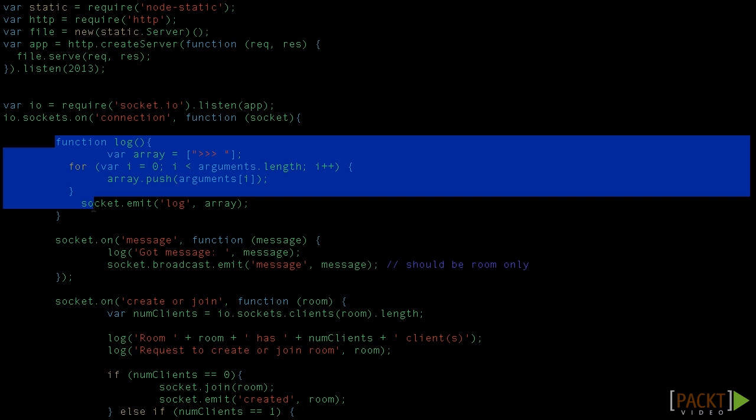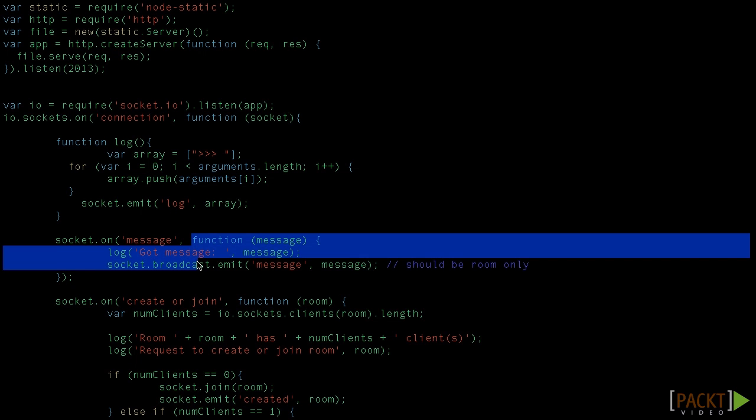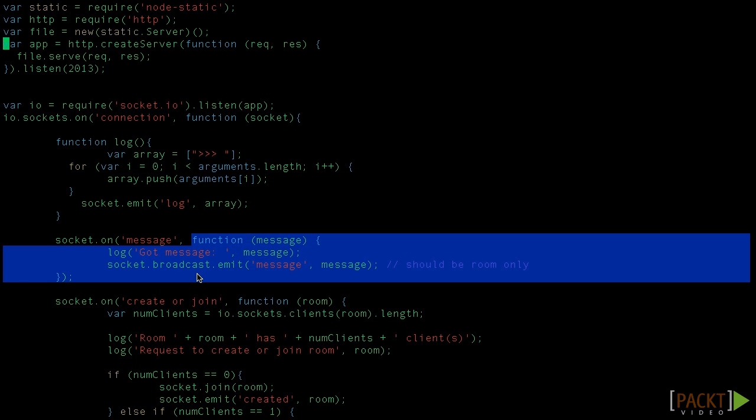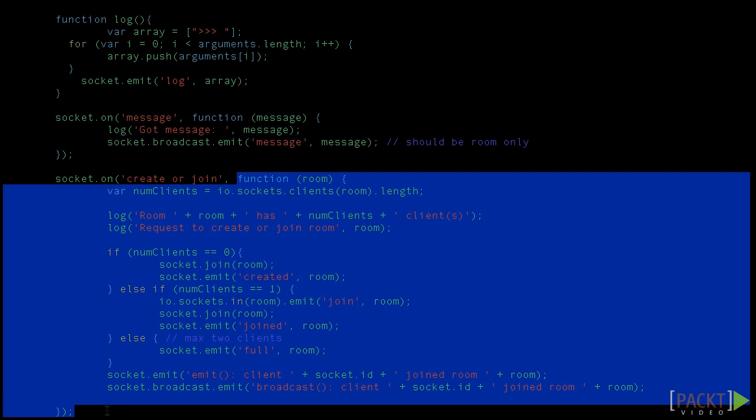Log function. It's just for debugging, logging the arguments of the connection, and it also sends the log back to the client side, which means in our browser. Message callback. It's used for when we receive a message from one peer, we'll send it to the other peer. This sounds like signaling, doesn't it? Finally, with the create or join event, we'll create the room if it doesn't have any participants, or we'll join if there's another peer. Notice that all these bindings are established once the socket got connected, and not before that,